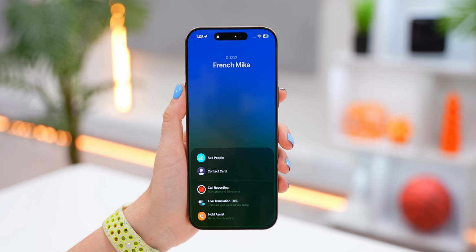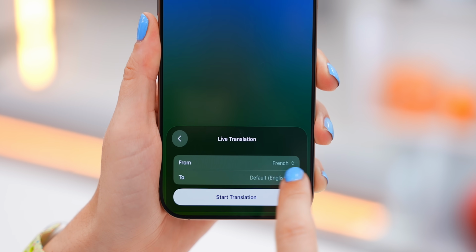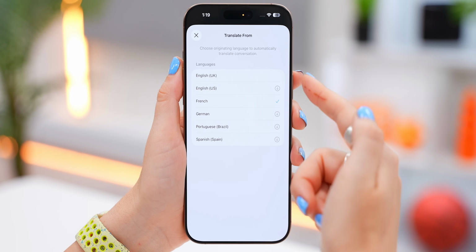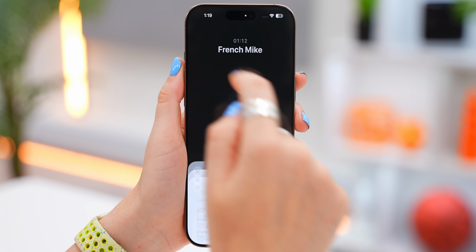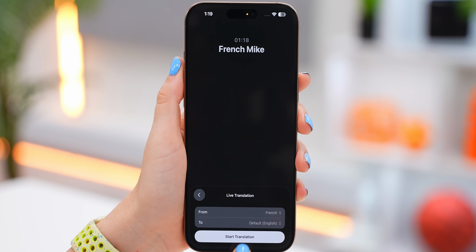you can now tap these three little dots to show this new live translation option. If you turn it on, just like with text, you can now pick the other person's language, like French, and set your language to, let's say, English. Then once you've decided on your languages, just hit Start Translation, and now everything you say instantly gets translated into